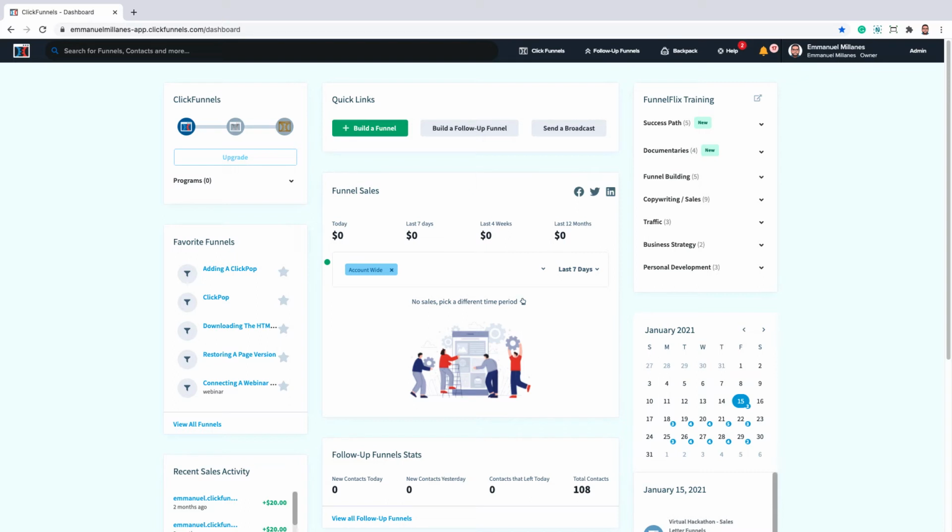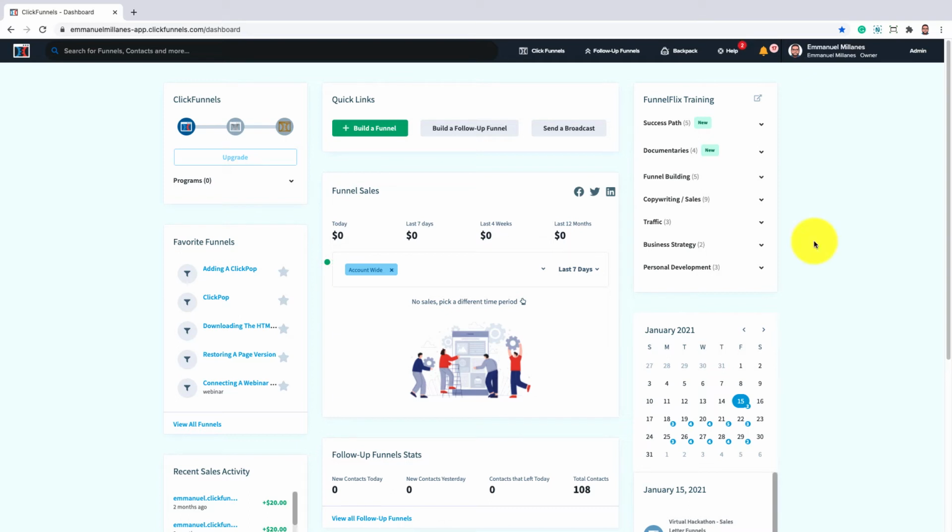It is worth noting that this is intended to be used for generating leads, meaning it should only be used on opt-in pages. Due to extra security, it is not recommended to be used on order pages such as order form, upsell, downsell, and order confirmation pages, and membership area and membership access pages, as well as affiliate area and affiliate access pages. Now, let's go over the process of generating a ClickPop and adding it to your funnel page.